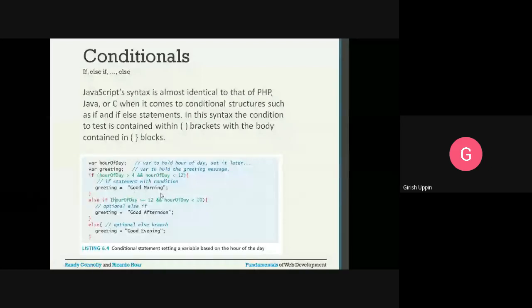It means if it is greater than 4, the fourth hour, that is early morning, and up to the noon. 12 is the noon. Greeting would be good morning. Else, if the hour is greater than or equal to 12 and hourOfDay less than 20, it would be good afternoon. Otherwise, it would be good evening.